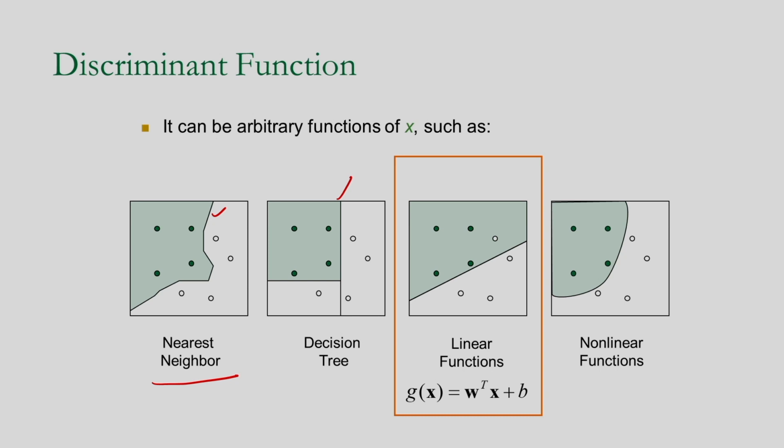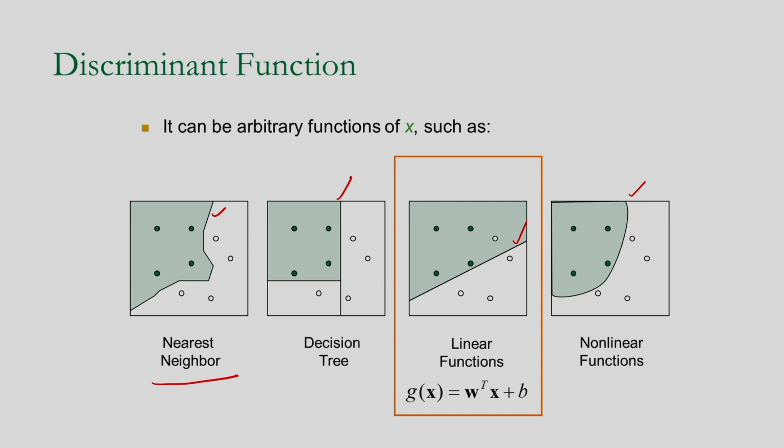And if I consider G(x) a linear function, suppose G(x) is equal to W transpose x plus b, where W is the weight vector, x is the input feature vector, and b is the bias. Corresponding to this, if I consider a linear function, then I will be getting a linear decision boundary like this. And also I may get a nonlinear decision boundary between the classes. The last example is the nonlinear function, that is the nonlinear decision boundary I can get. So this is about the decision boundaries.